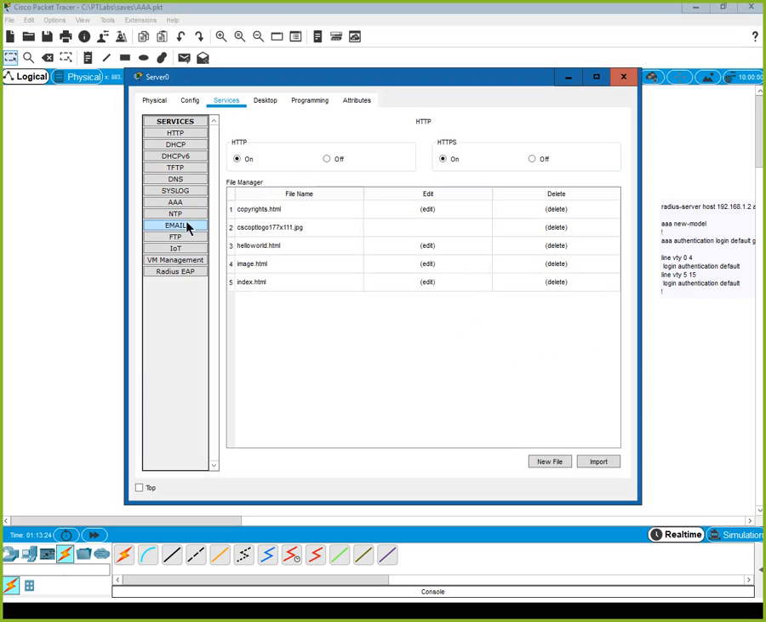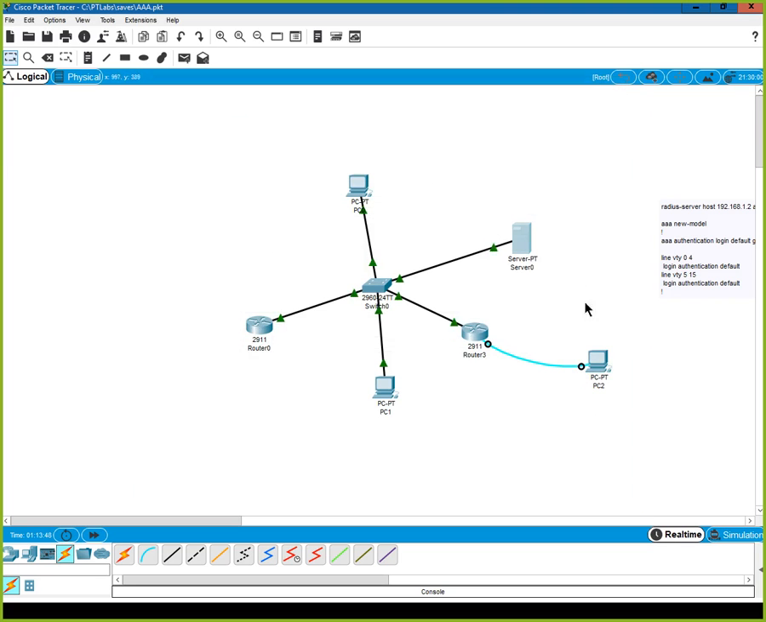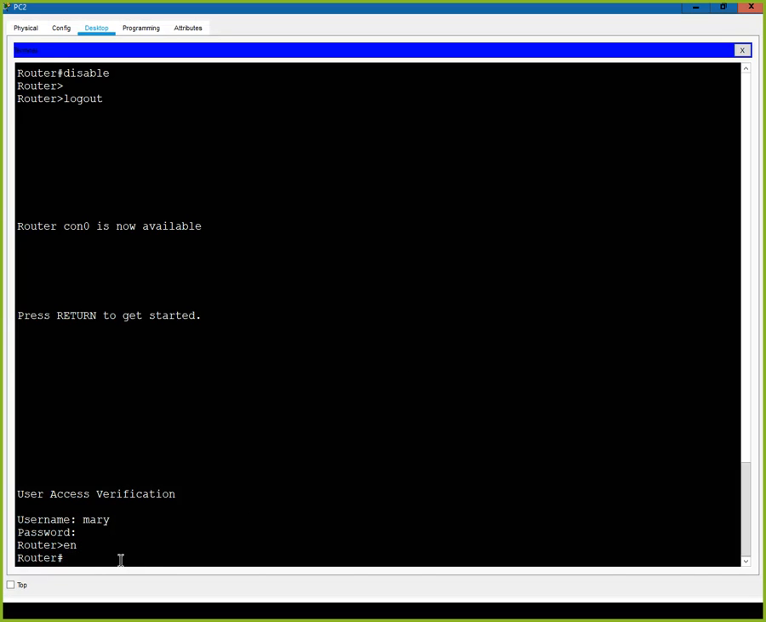So in it we have AAA, and I have it set up for radius. Router 0 and router 1, the addresses here are going to be, and we have to define a key. We have this really clever key here, secret. And then I have a username with a really complex password of my pass. So what we'll go ahead and do is go ahead and